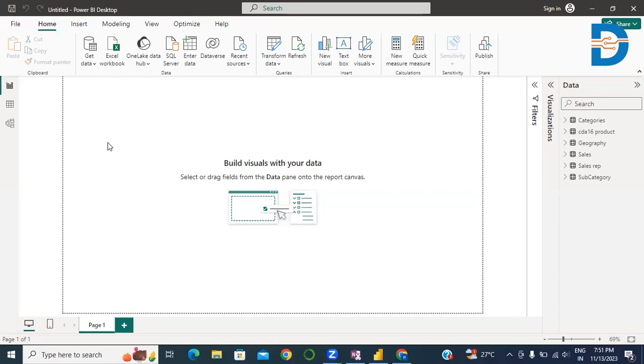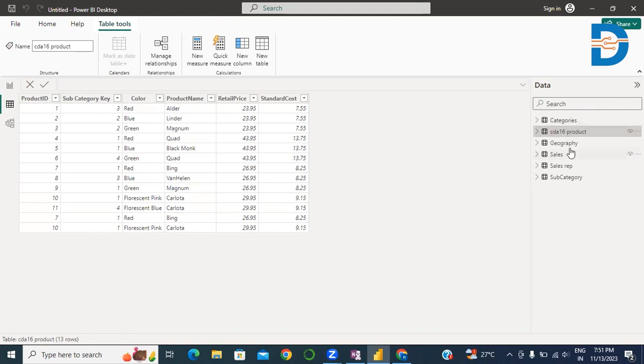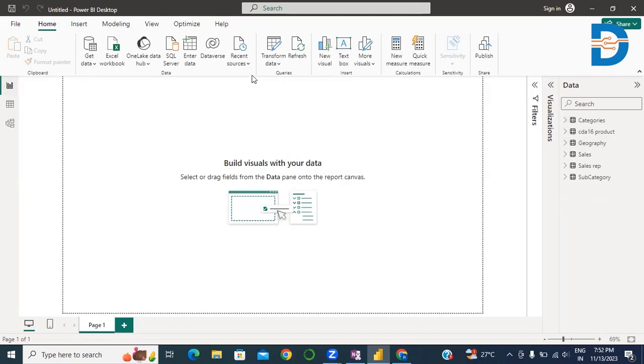Before that, if you want to check your records from these different tables, go to the table view and check each and every table's records. If you select the table whose records you want to check, select that table name and check here in the table view. You can see your records. Okay, so go to Transform data,